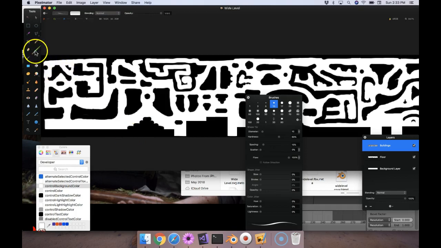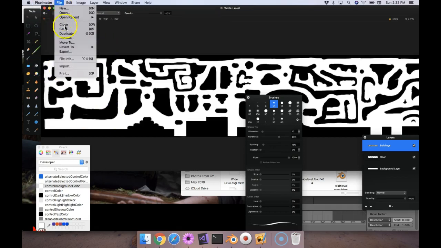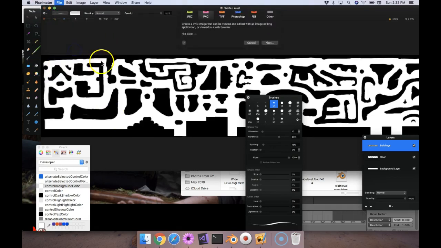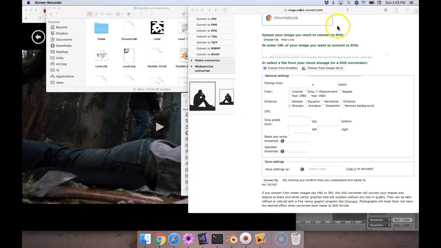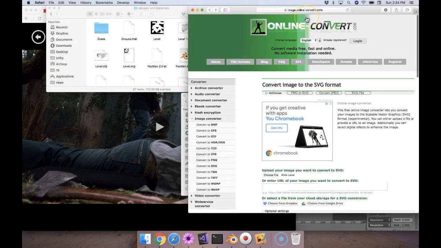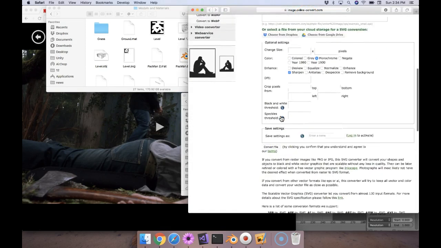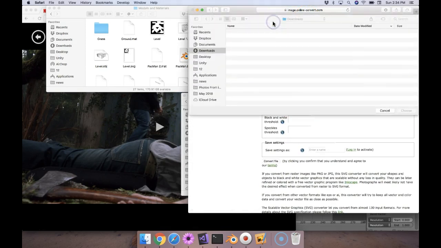I mostly did this with the paintbrush, but I did a little with the select and the fill tools. And then I exported this as a PNG. When I got that done, I went to this website, imageonlineconvert.com, and I clicked on Choose File,